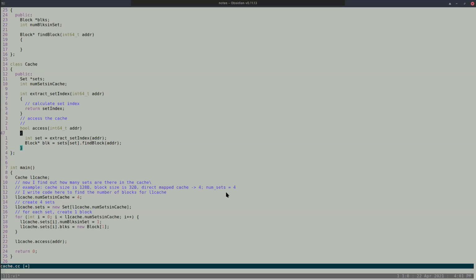So this is the set number. I am going to that particular set. In that set, what am I trying to find? I am trying to find the block. That's why I am calling a function called find block, and in this set, I am having a find block function. Is this clear till now? Are you following till now?